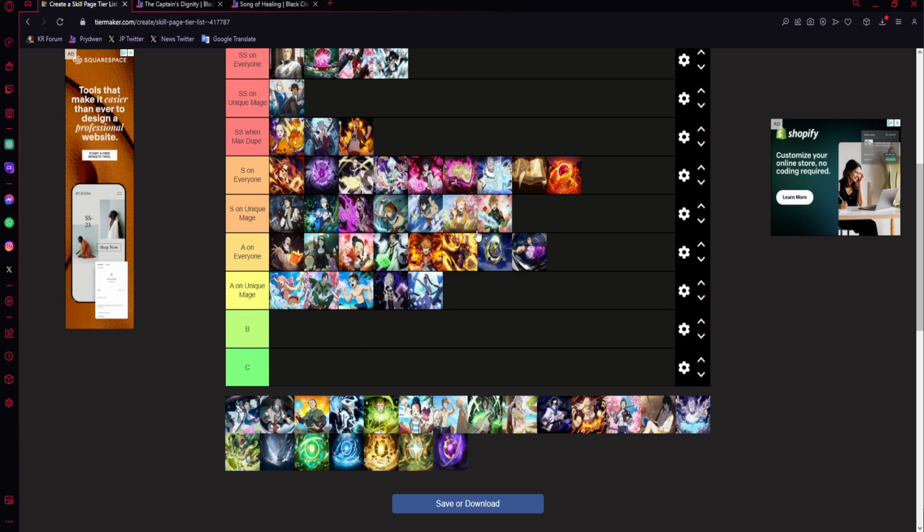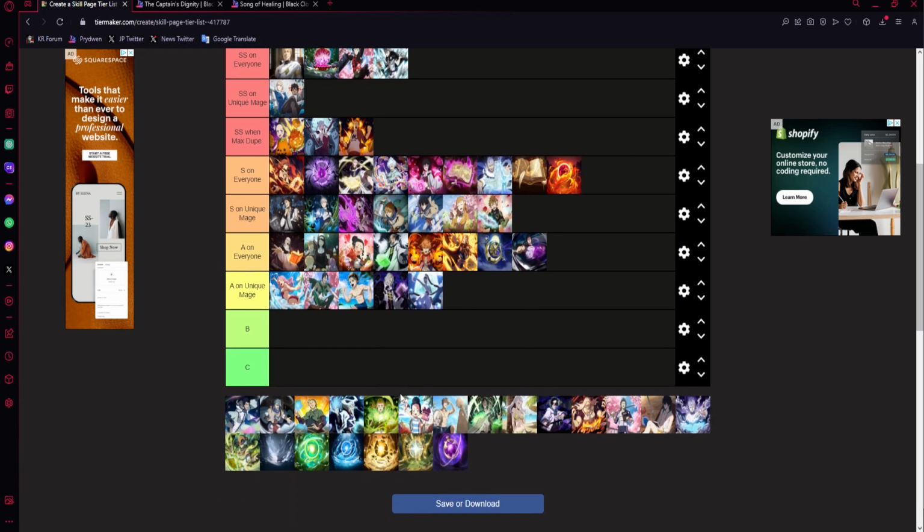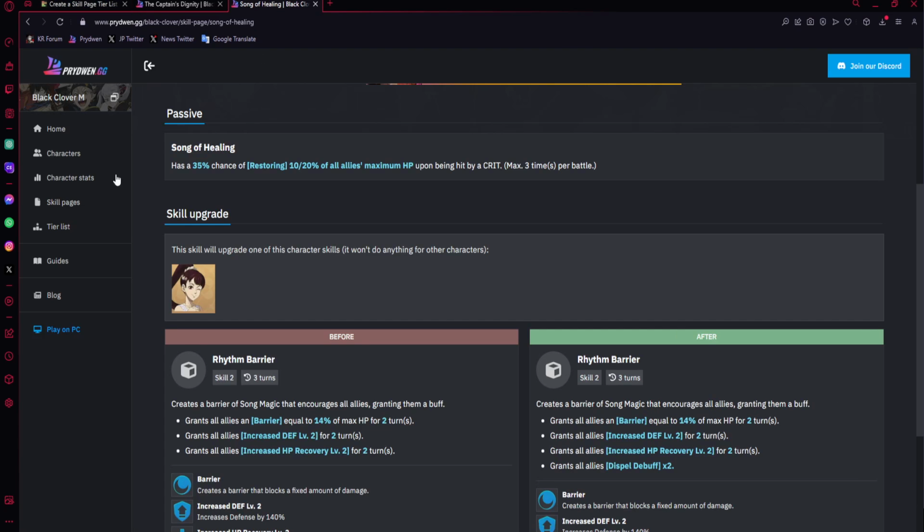So now we're getting on to B and C, which is the bulk of the biggest tiers. At least C is the biggest tier. But so far it's pretty balanced overall. I mean, yeah, I think I have everything. Oh yeah, we're good. So starting off Mimosa, it could be good for healers, but it's very situational and